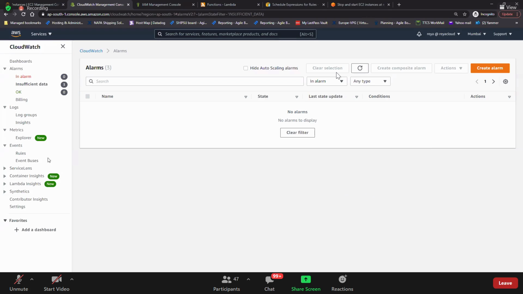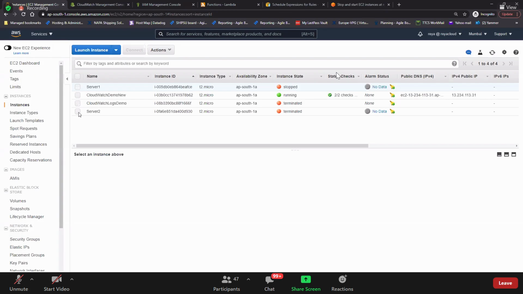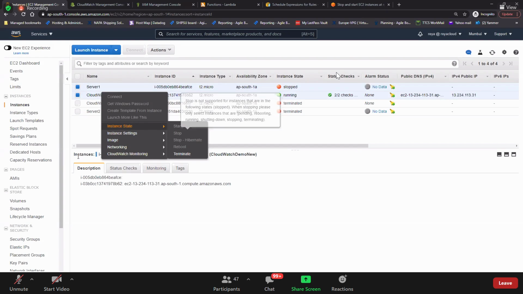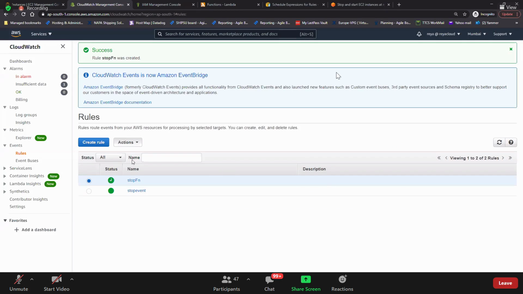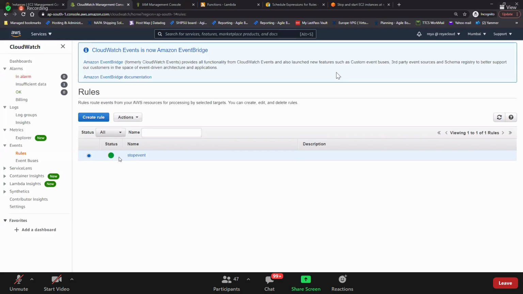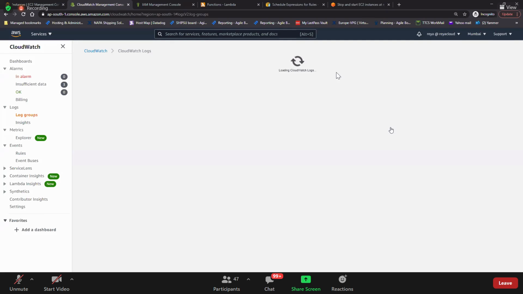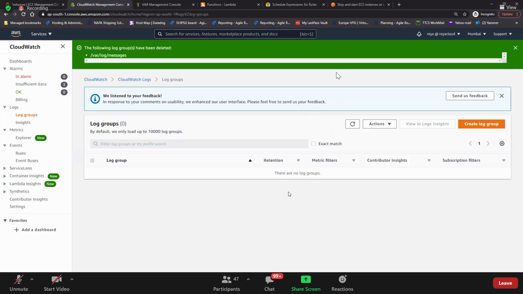Delete all the alarms here, and terminate the EC2 instances. And then delete the events, the rules that you have created. And delete the log groups that you have created. Go and delete it. Got that?